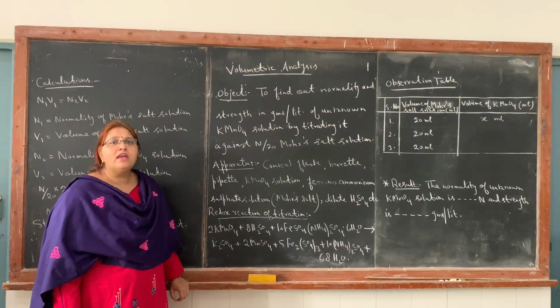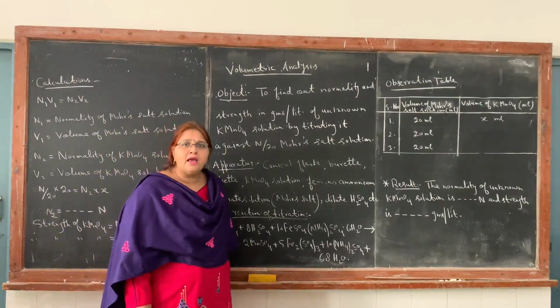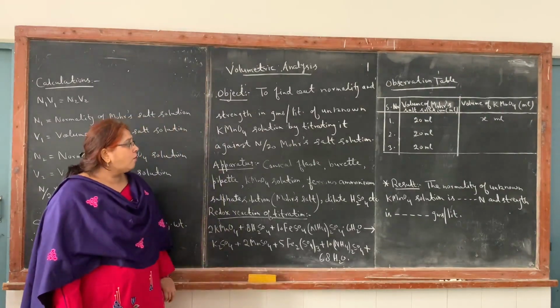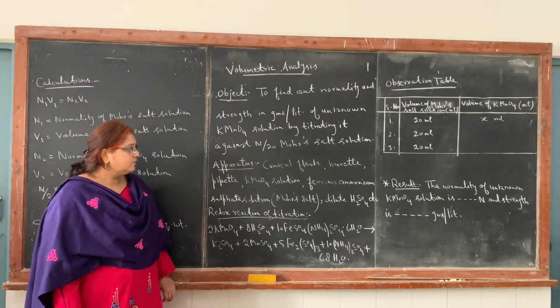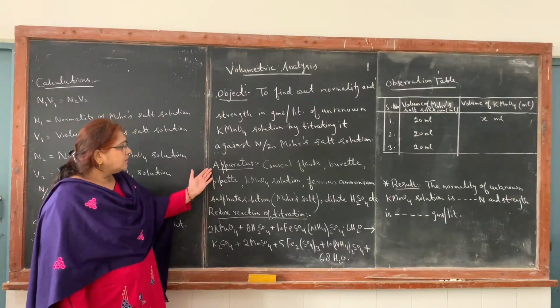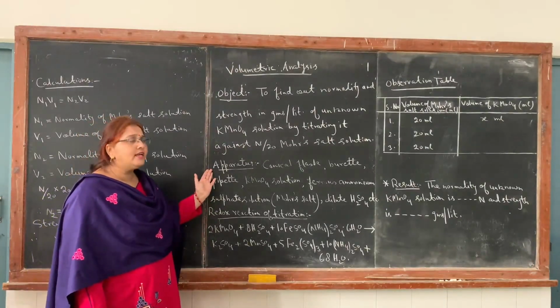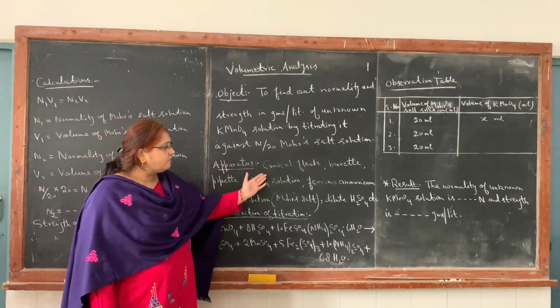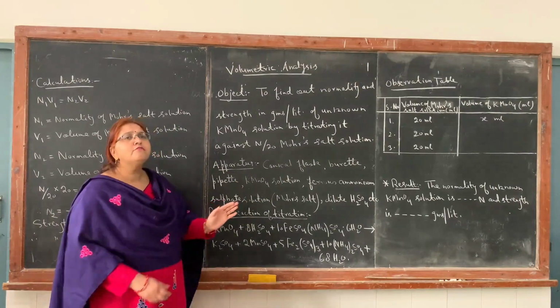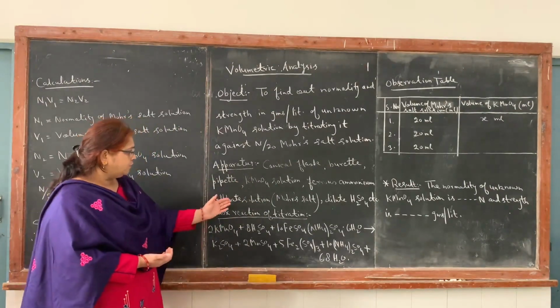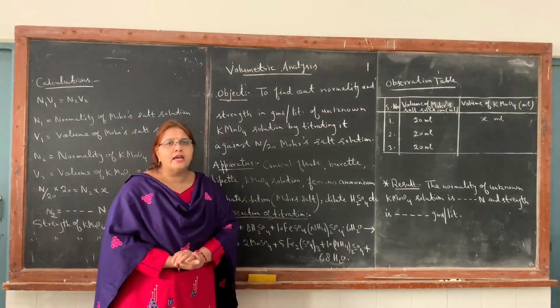That is, we have to find out the normality and strength of unknown KMnO4 solution. Okay, so what are the things which we need? We need a conical flask, burette, pipette, KMnO4 solution, ferrous ammonium sulfate solution known as Mohr's salt solution, dilute sulfuric